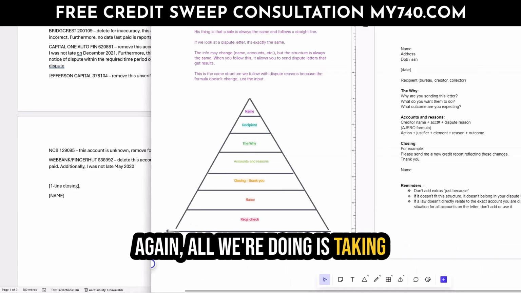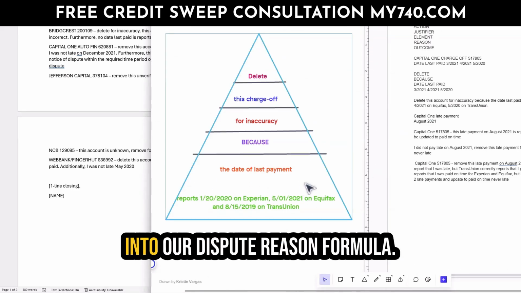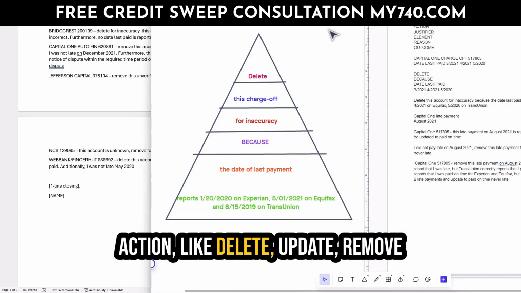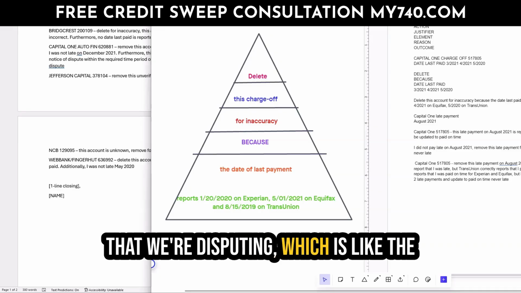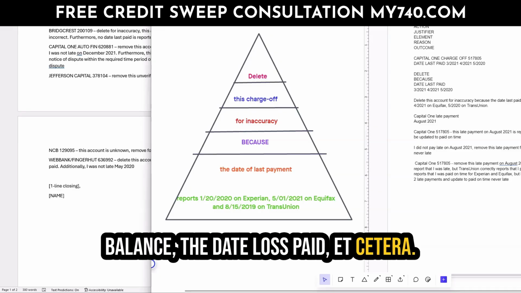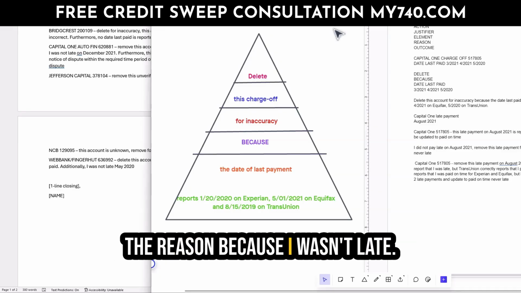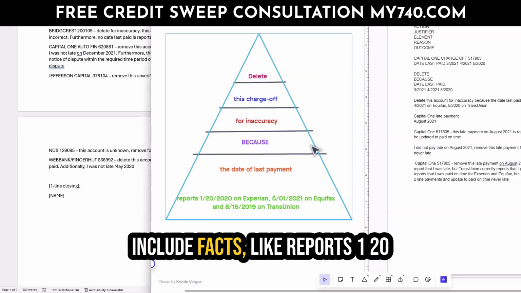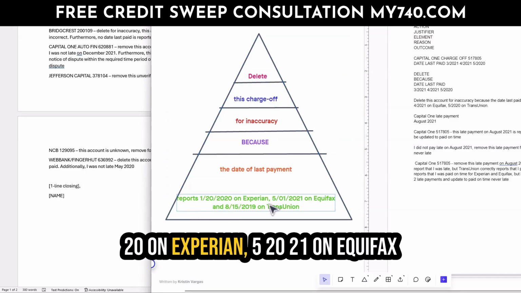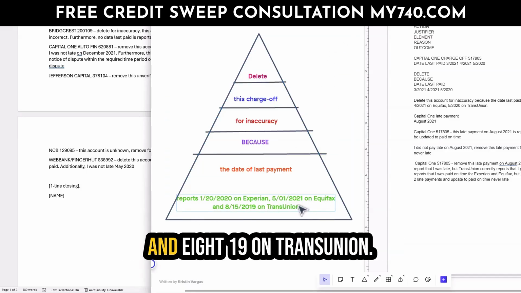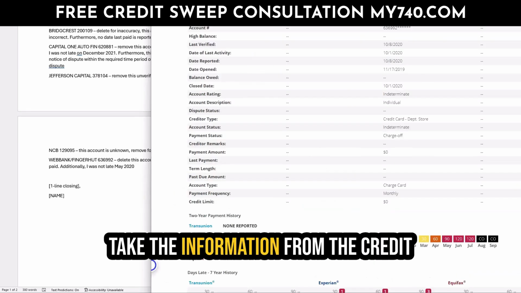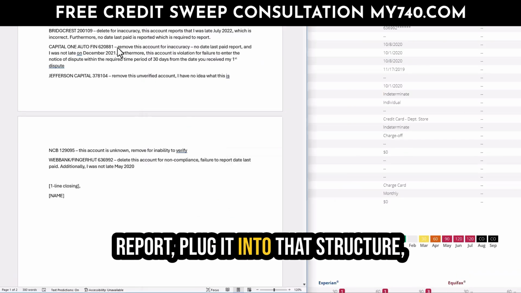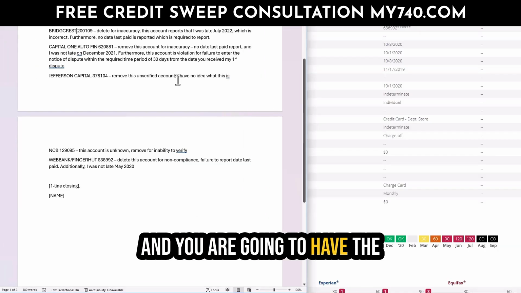Again, all we're doing is taking the information and plugging it into our dispute reason formula. Action like delete, update, remove, the justifier, because, the element that we're disputing, which is like the balance, the date last paid, etc. The reason, because I wasn't late. Include facts like reports 1/2020 on Experian, 5/2021 on Equifax, and 8/19 on TransUnion. That, my friend, is it. Take the information from the credit report, plug it into that structure, and you are going to have the perfect